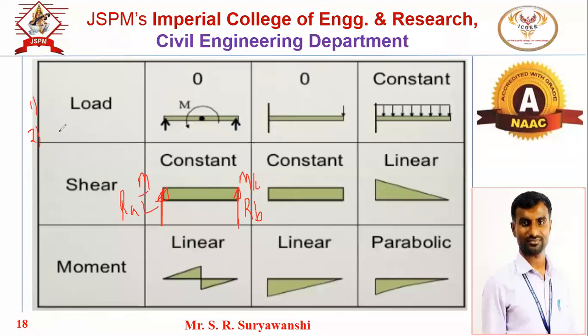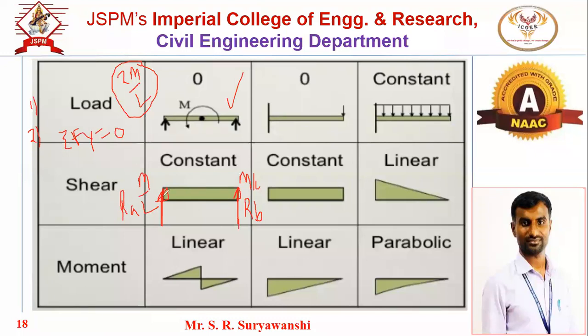Now if you apply summation Fy equal to 0, if you make the summation of vertical forces equal to 0, then what value do we get? The summation of vertical forces is 2M by L, correct? Now tell me, is there any vertical force acting on this particular simply supported beam? No vertical force is acting, only moment is acting. Understood? No vertical force is acting, only moment is acting.